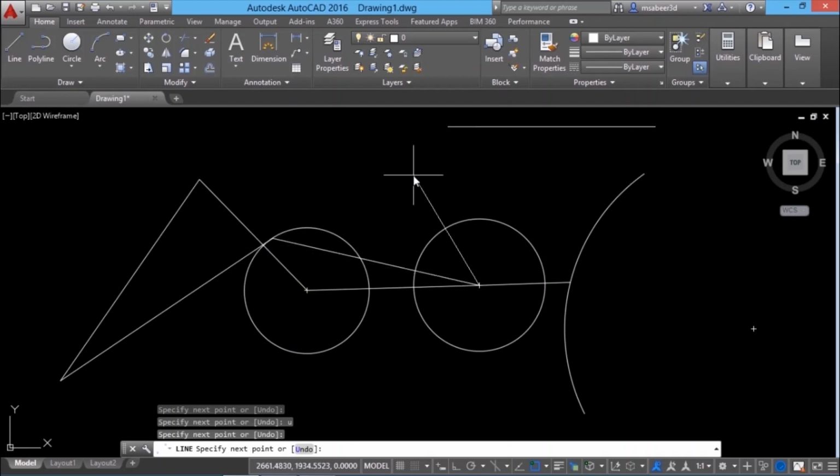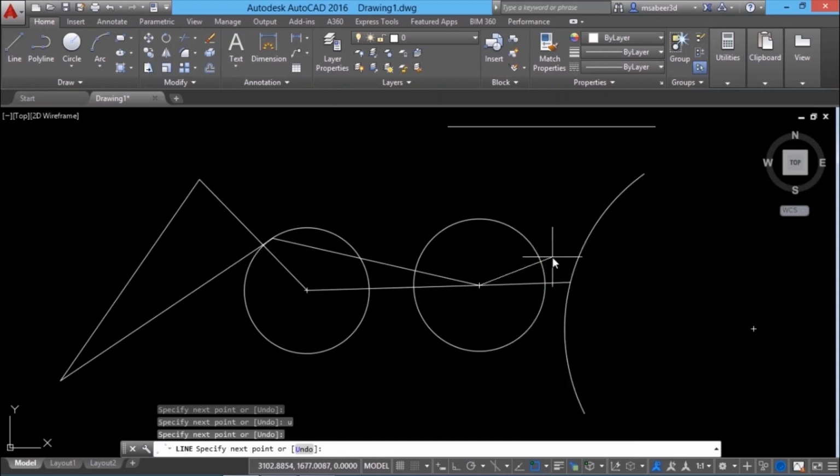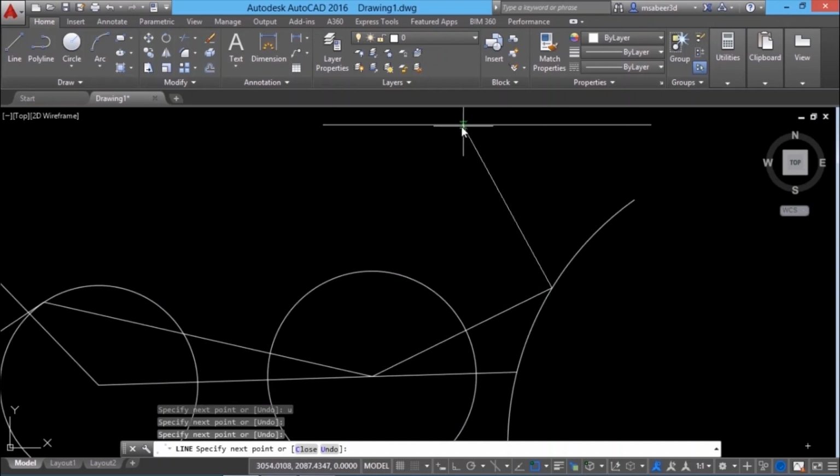In override mode, you temporarily override the running mode to use the most infrequently used items in OSNAP. Let's see an example. In OSNAP, we have an item called Nearest. This option, when activated, will let you catch a closest point, but not a qualified point. That means if I take the cursor onto this arc, it will snap onto the nearest point. I can snap onto this point or I can snap onto this particular point. If I want to catch onto this endpoint, only if my cursor is precisely at this endpoint, I'll get it. But the moment I move away from the endpoint, the nearest option takes precedence.